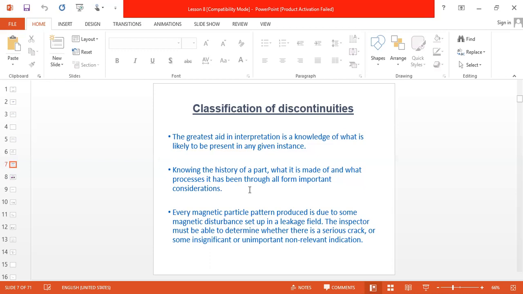So that is not a defect, but there are indications. So we can say that is a false indication. Okay. Second thing, suppose you are doing magnetic particle testing of a weld joint, and some of the indications occur at